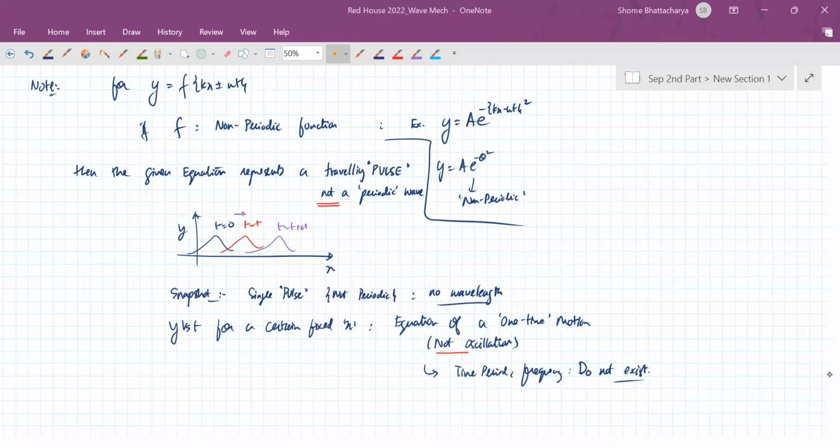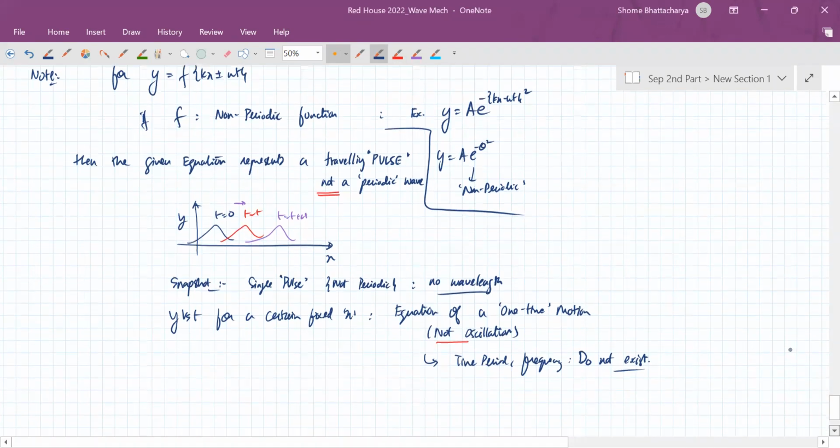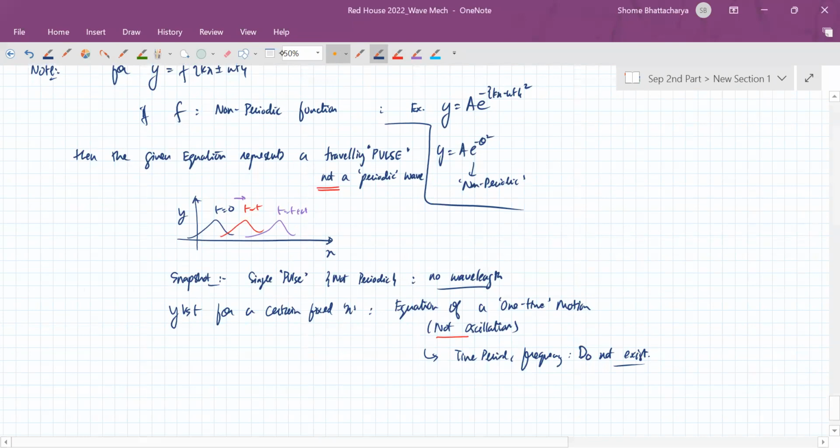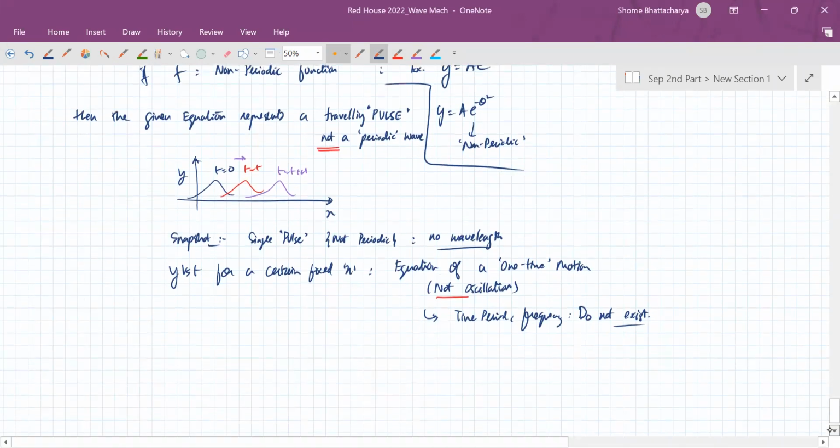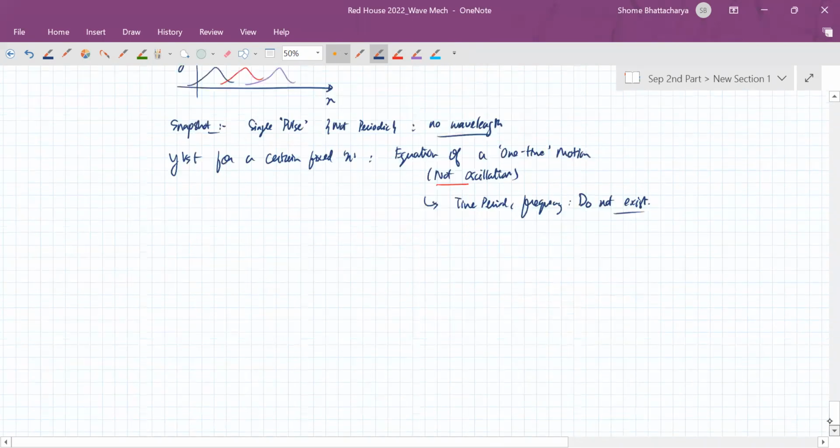Okay, so we hope this was clear up to this point. Right. So with this, we'll conclude today's session, people. Right. So we have understood this kind of situation, the general equation, and how to bifurcate it on the basis